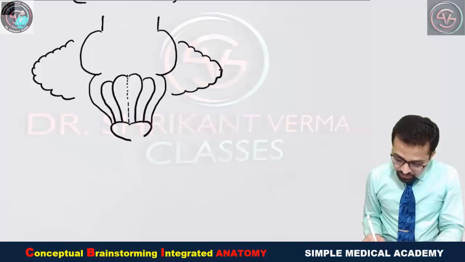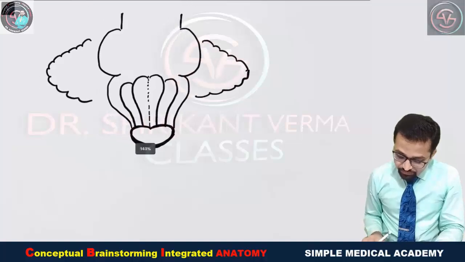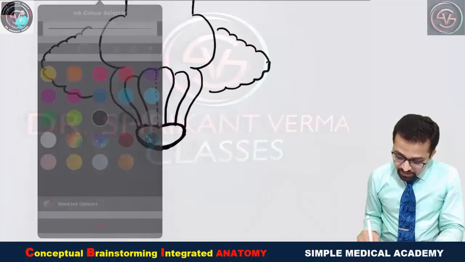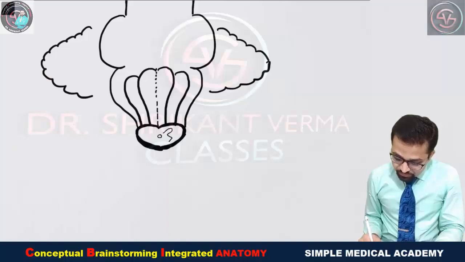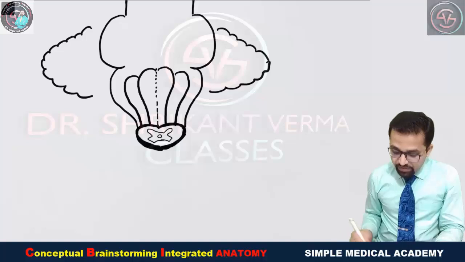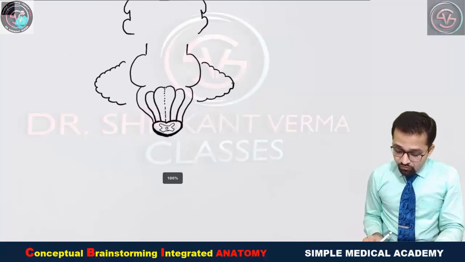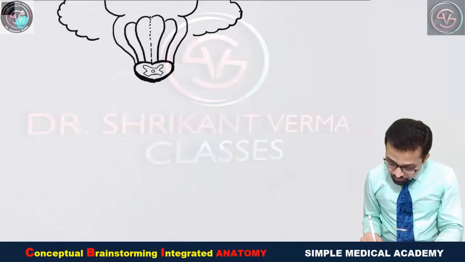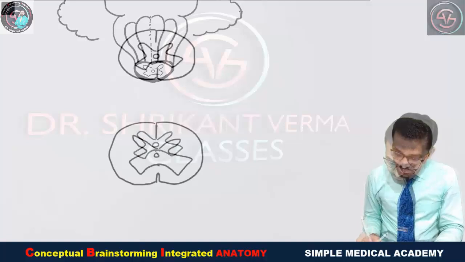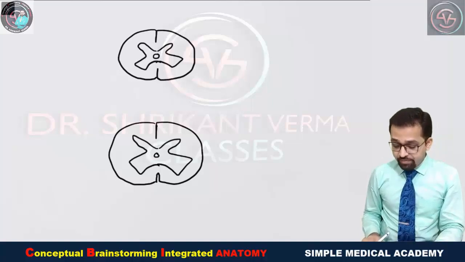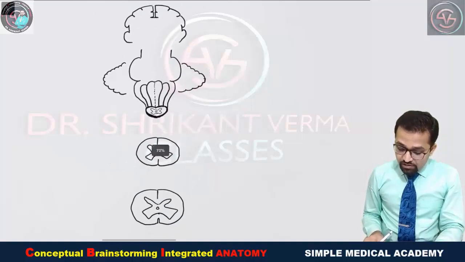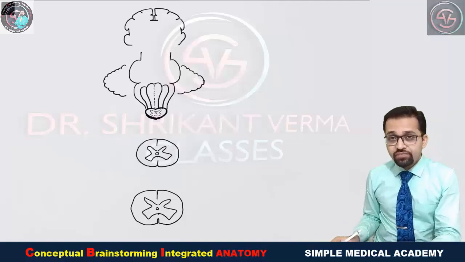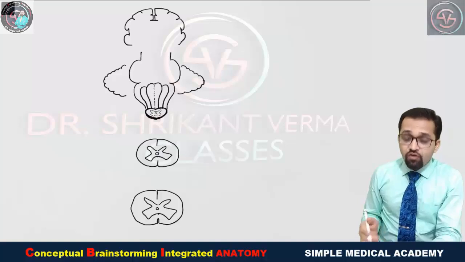Okay, diagrammatic presentation. Suppose this is the medulla, and here we are presenting the central canal, the gray matter and the white matter. Okay, now for proper understanding, we are going to draw two different levels of the spinal cord. So suppose this is one level, gray matter and white matter we are drawing. Suppose these are two different spinal segments of our central nervous system. So now one by one we are going to describe a few labelings for proper understanding.